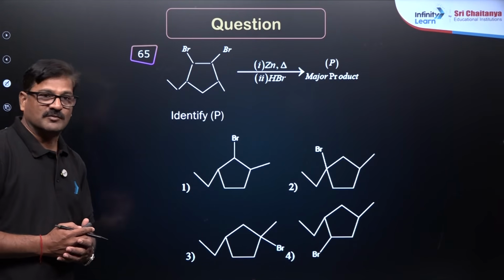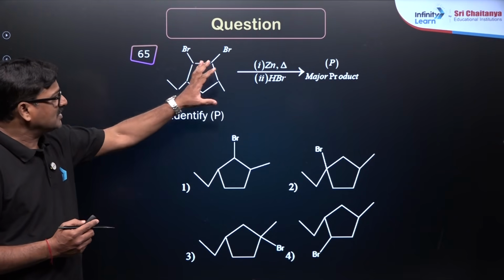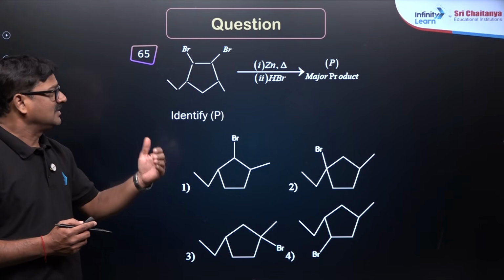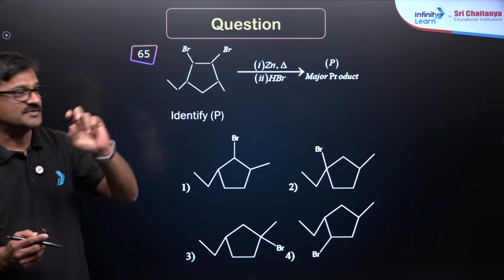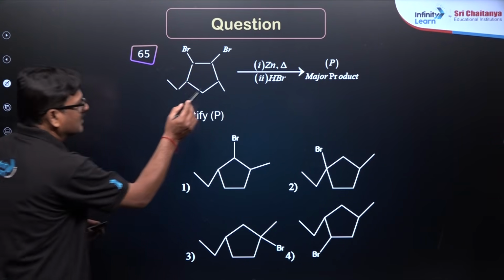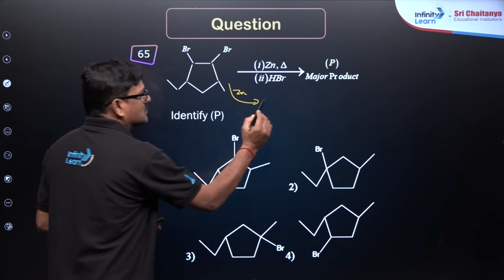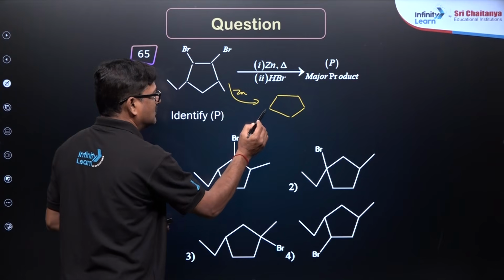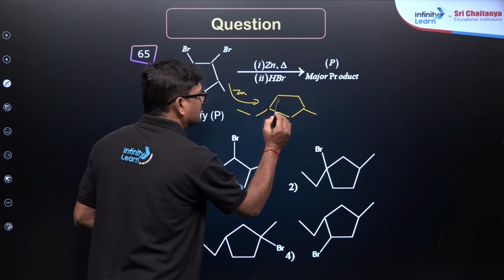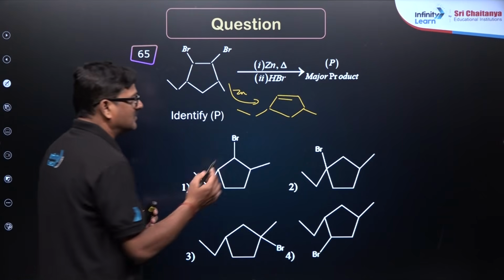Children, here is one more question. This is the compound. It is treated with zinc and HBr, in two steps. What would happen if it is treated with zinc first? It is going to form its corresponding alkene like this. Now it is treated with HBr, and you are going to see